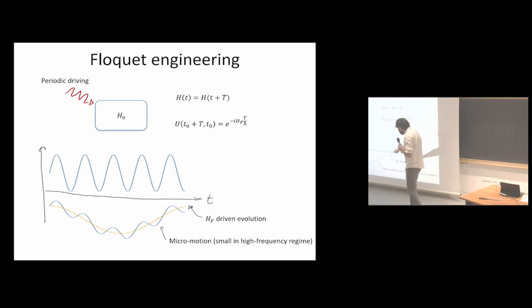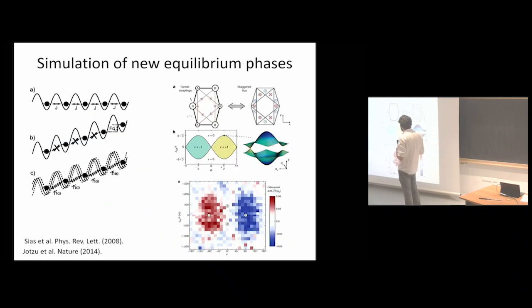And then they will have some micromotion on top of that. The micromotion can be small when you drive at high frequencies. So this is a way to engineer a new Hamiltonian by just driving your system. And this has been used a ton in ultracold atoms and also in other systems. It's a very flexible way to get a new Hamiltonian that you didn't know how to make, basically. So let me give you examples of how this has been used experimentally. So this is the first example I know about, at least,